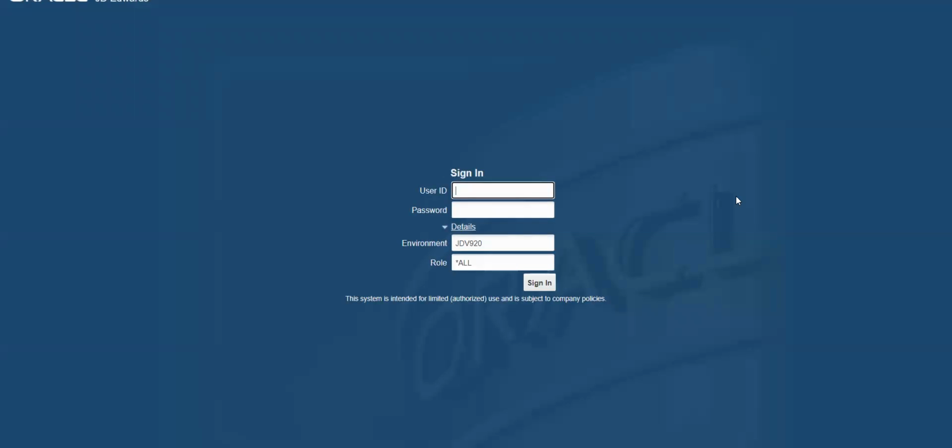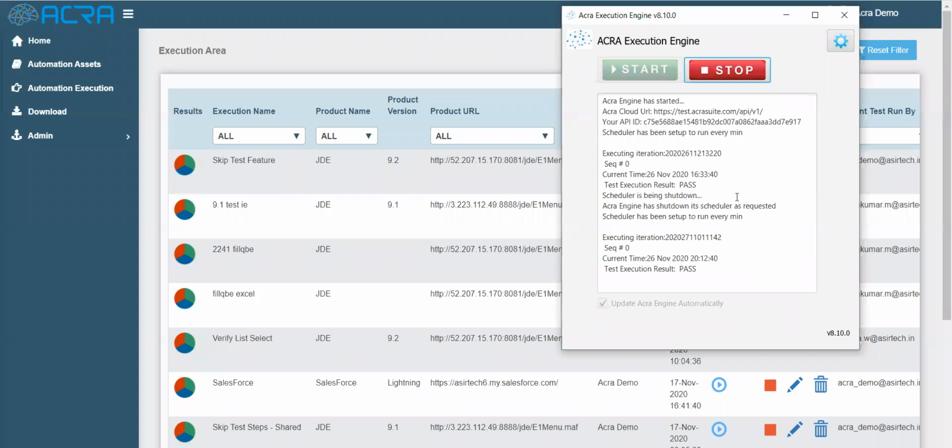If you see, it has executed only the test steps related to the P01012 application. And as we have skipped the second test case, it will not execute the second test case. Once the execution is over, it will show the appropriate results in the engine GUI.